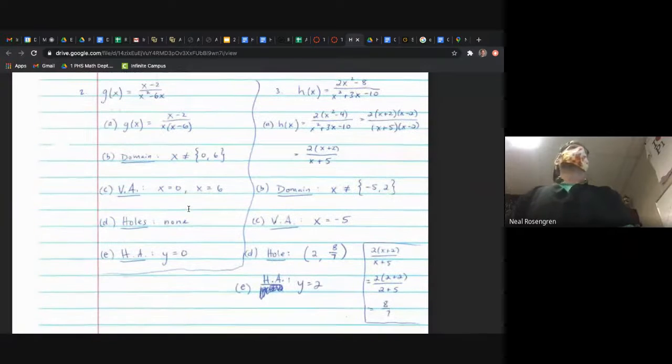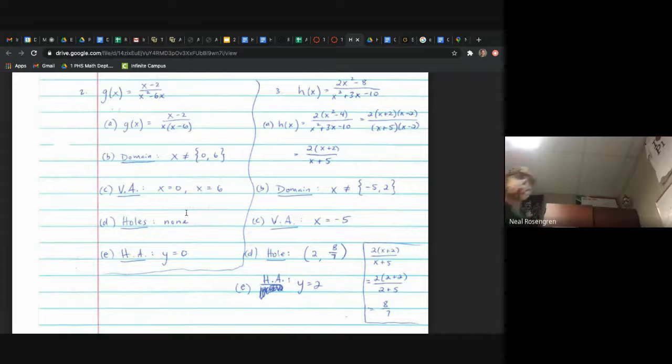Okay, 2 and 3 next to each other because I had the space, so I tried to save a little space. Well, let's talk 2 first. Okay, the numerator was fine, it's just linear, but the denominator could be factored, so I pulled out that GCF of x with an x minus 6 left behind, but nothing to divide away, which means there are no holes. As soon as I get to this realization that I'm just going to be able to factor, I can go all the way to here and say no. Guaranteed. There will never be a hole if I'm not dividing away a factor from both the top and bottom,